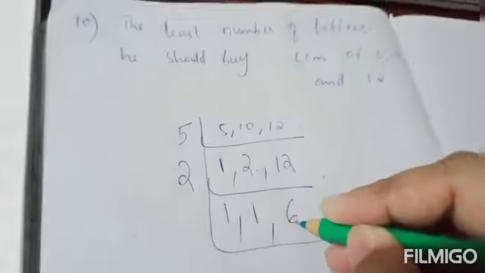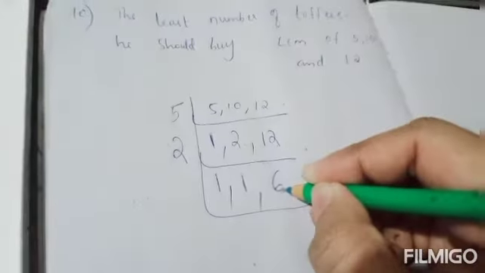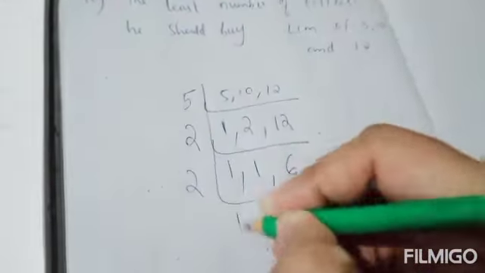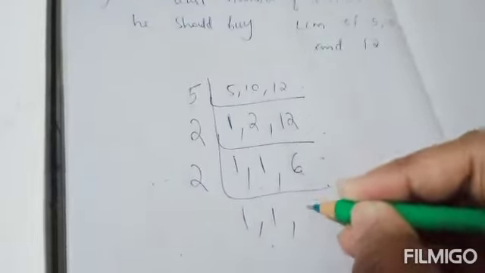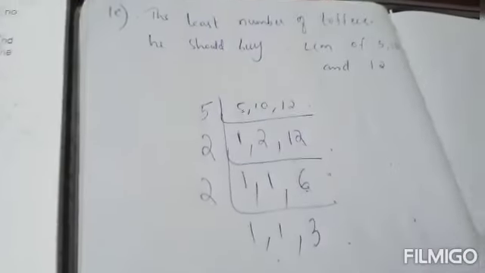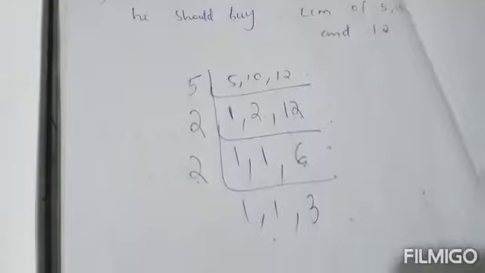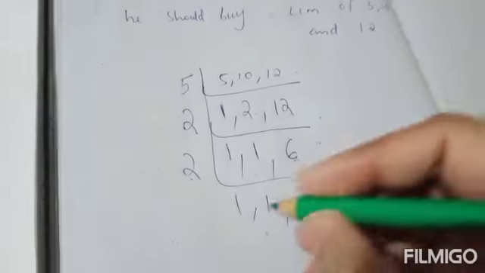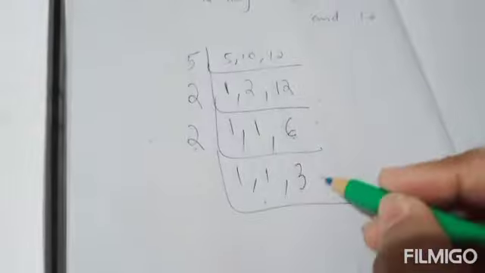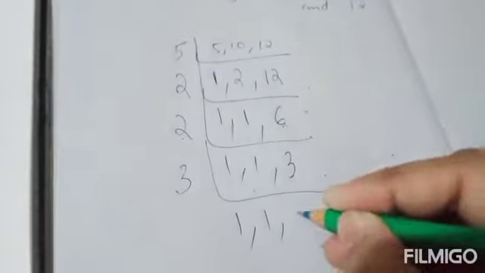Now in place of 6 you need to bring 1. You need to make this 6, 1. So 6 is divisible by 2. So 6 divided by 2, it is 3. Don't divide 6 by 6 because 6 is a composite number. While doing prime factorization, use only prime numbers. 6 is not a prime number. Okay. So 3 you got. Now 3 you can divide only by 3. So 3 divided by 3, it is 1.